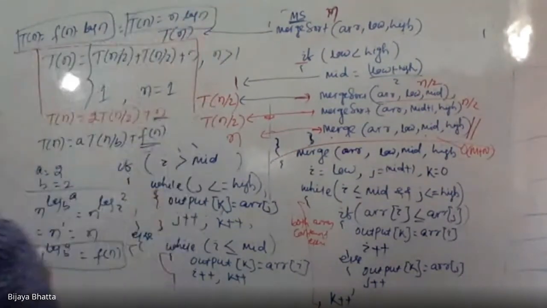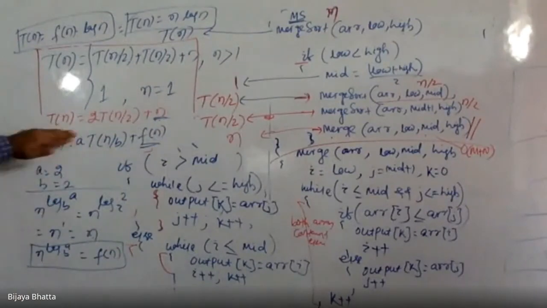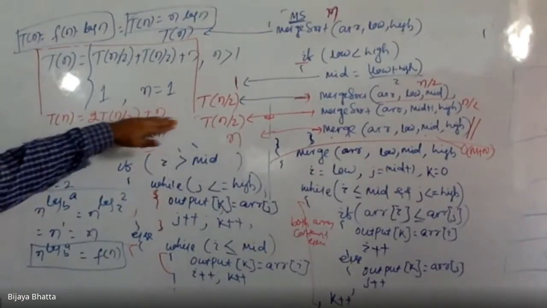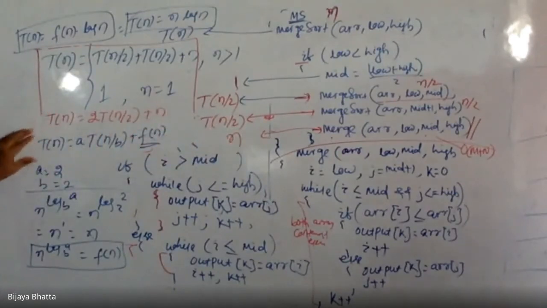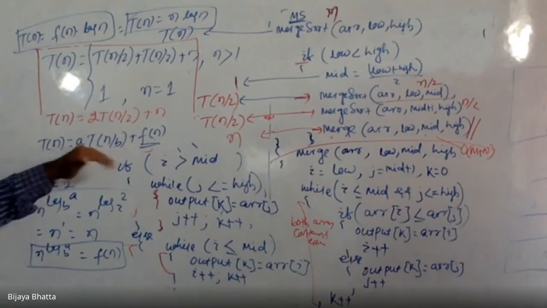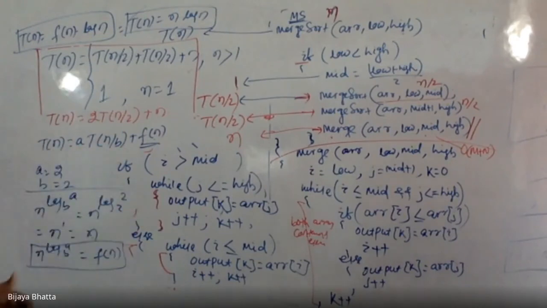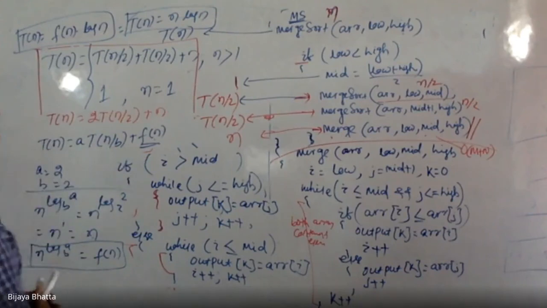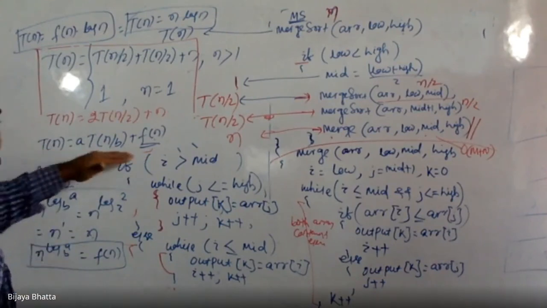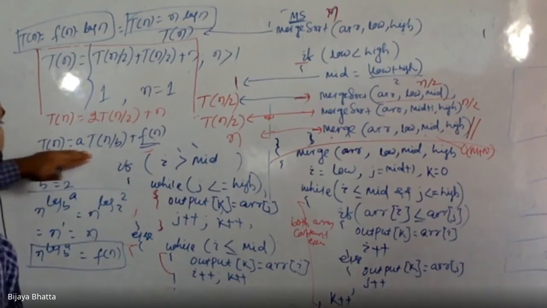Let me quickly repeat. This is the time complexity, and I got it by using this equation. How can I solve it? I can solve it using a method known as the master method. You can see other videos for details, or you can ask in the comments in case you don't know. That's fine, I can explain. Just let me know.